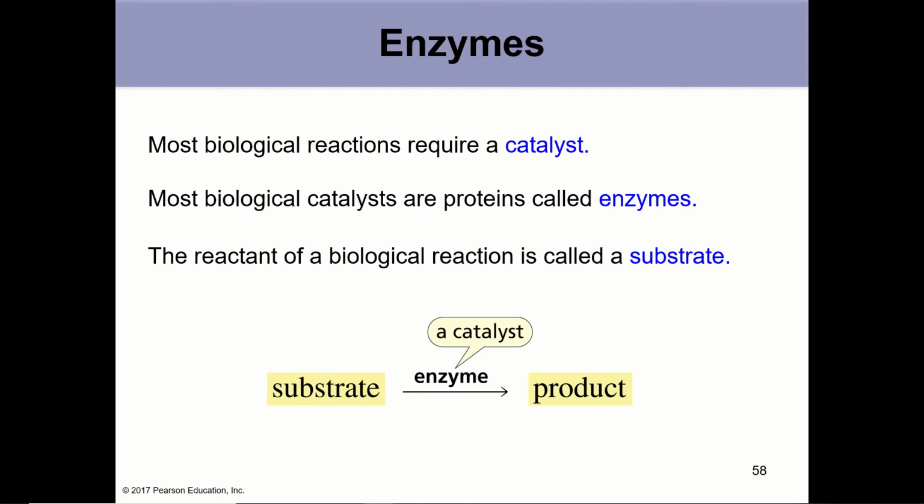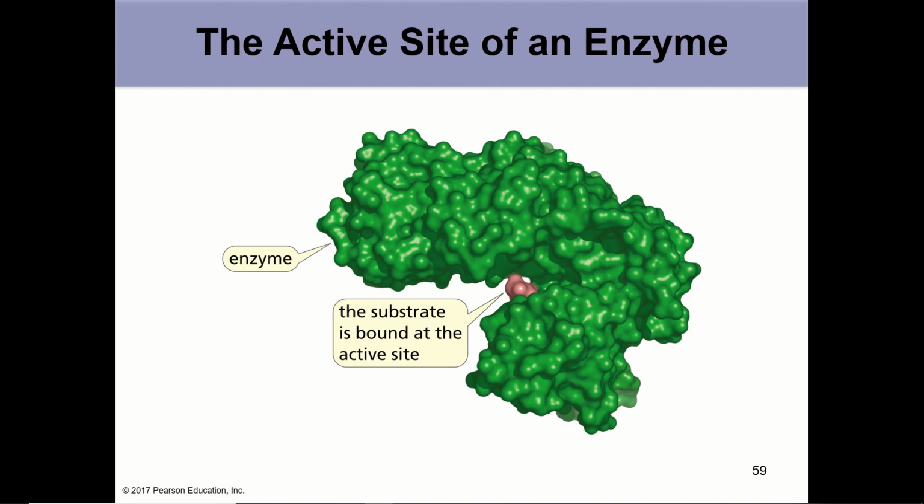An enzyme does not have to be a protein. We actually have some enzymes that are made of RNA, but for the most part, enzymes are typically made from protein. And the reactant of a biological reaction, instead of being called a reactant, is called a substrate. So these are just terms that you're going to need to know for biochem, but you should also learn them now. The active site of an enzyme is the position at which the substrate binds,